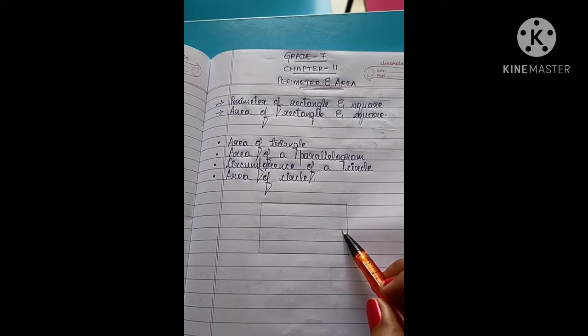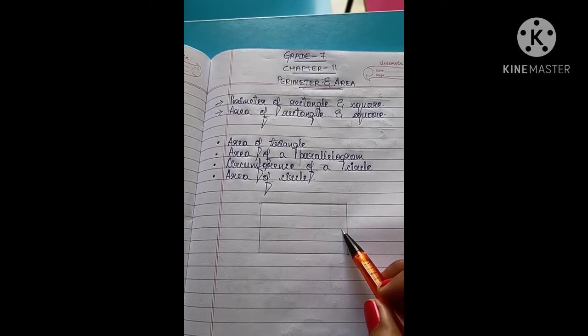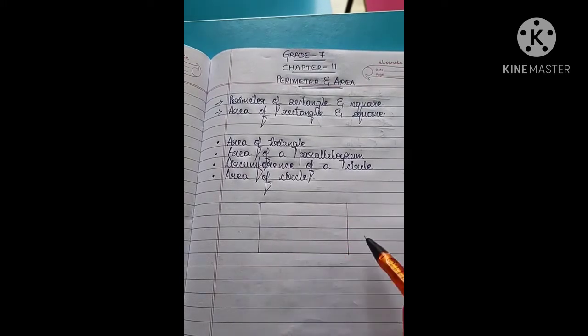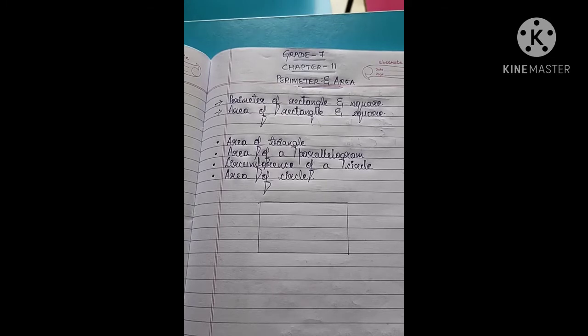I've drawn a figure here. What is the name of this polygon, students? Yes, it is rectangle. So in this, opposite sides are equal. So you might be wondering as to why is ma'am drawing a rectangle when she is teaching about triangle? Yes or no? This question would have come. So there is a clue here. So how can I convert a rectangle into two triangles? Any one of you?